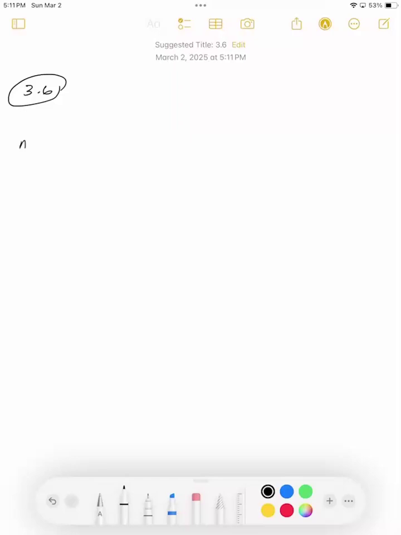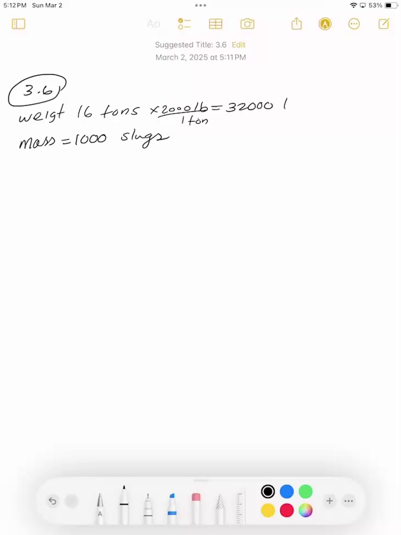So mass is given to us as 1,000 slugs, and the weight is given to us as 16 tons. And it has converted it by multiplying tons by 2,000 pounds, and it has converted this to 32,000 pounds. So now